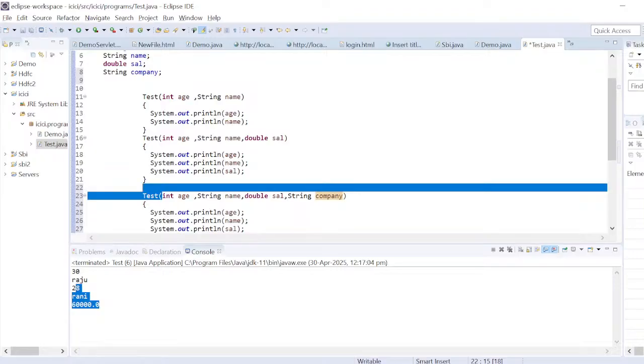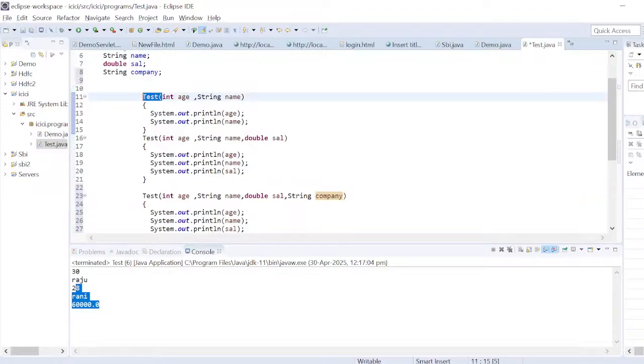Adding means, is this overloading or not? Yes, overloading. Same constructor signature, and we keep on adding more parameters. That is called constructor overloading. We keep on adding more parameters, which is called